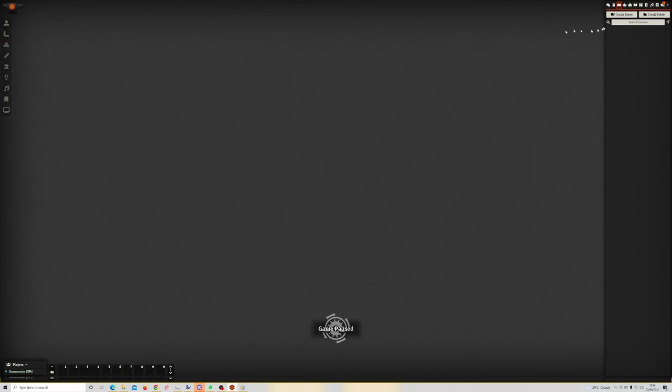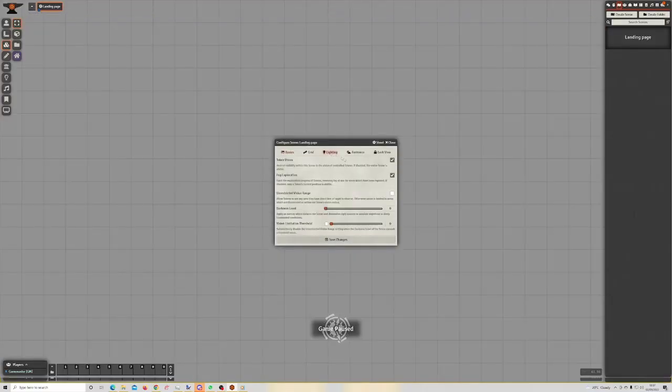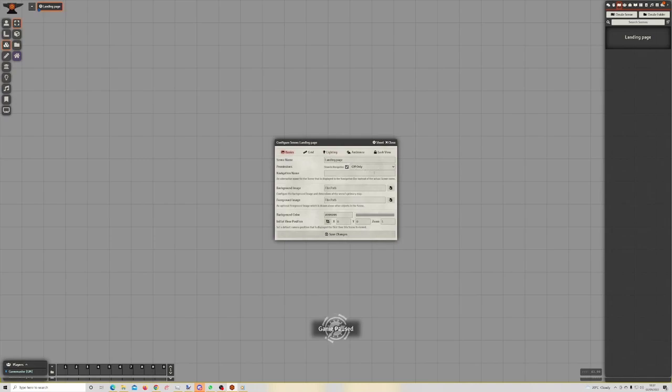So, create scene, landing page. Let's take off lighting and token vision and fog, make an unrestricted vision range, and then in terms of the image for the background,